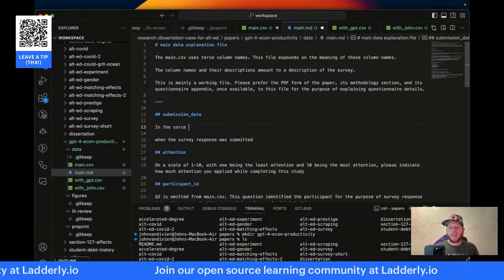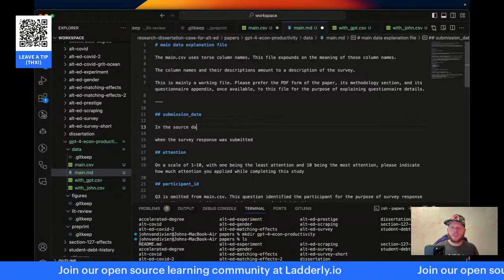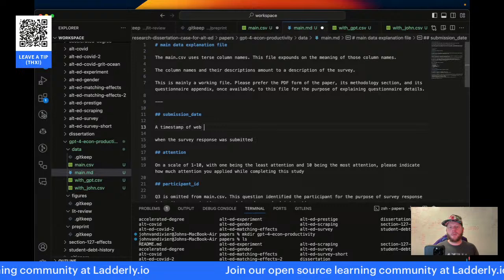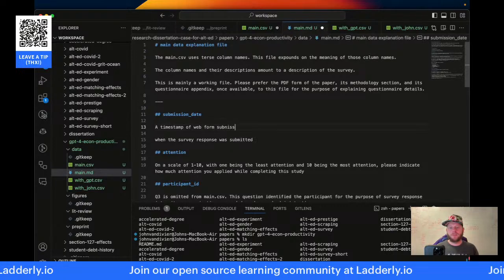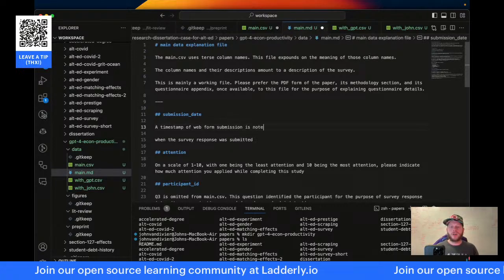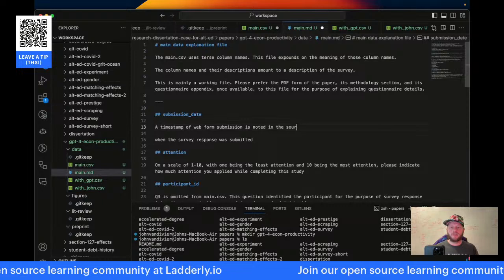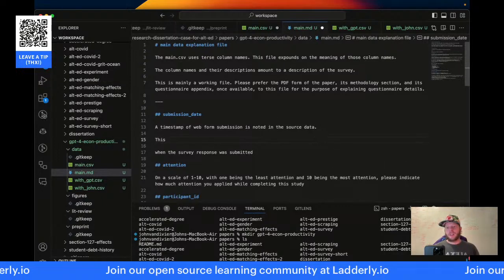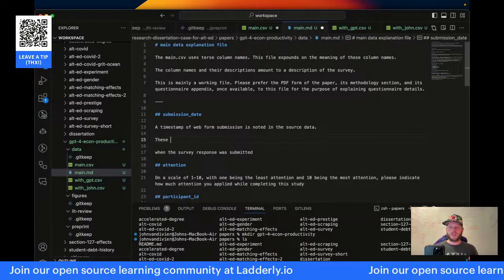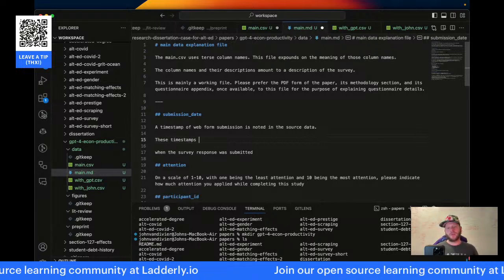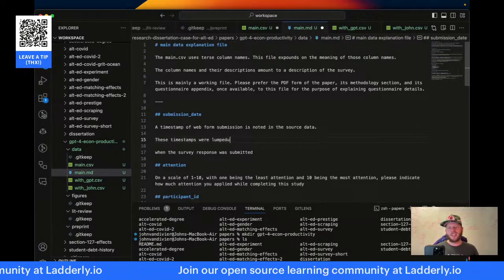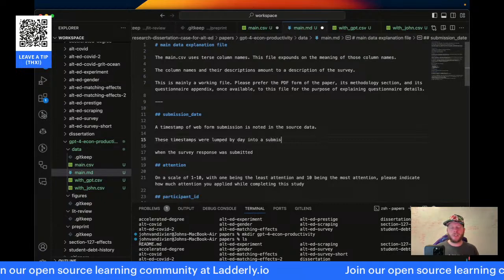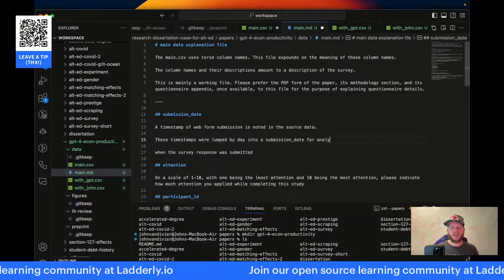In the source data, a timestamp of web form submission is noted in the source data. These timestamps were lumped by day into a submission date for analysis.